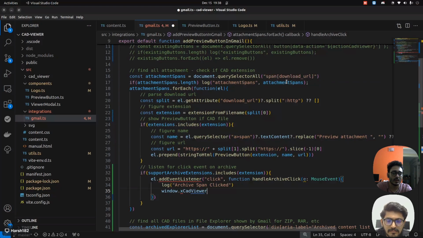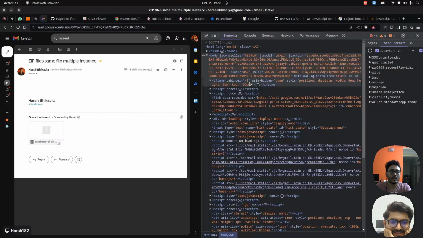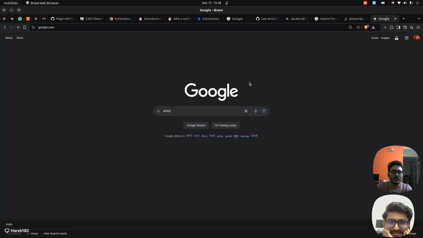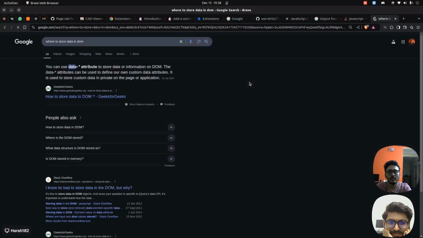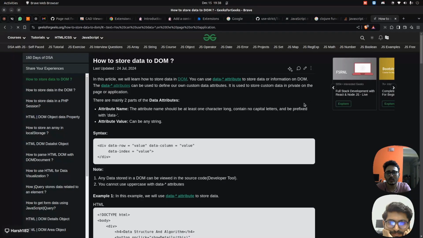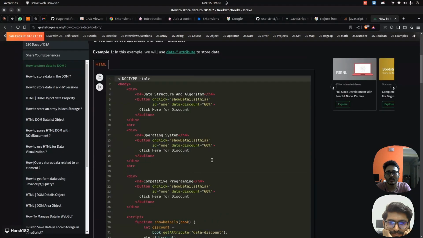CAD viewer, Gmail, archive, opened URL, सही है क्या यार? Yes. Where to store data in DOM? हाँ, ये लोग डेटा एट्रीब्यूट बोल रहे हैं।